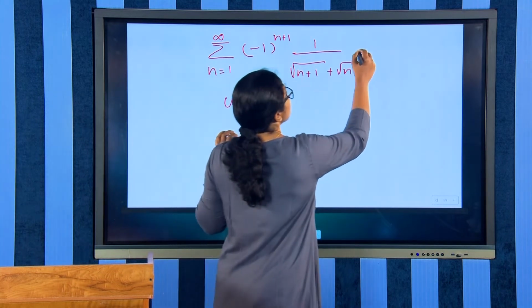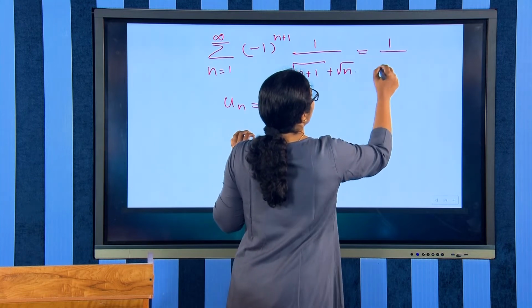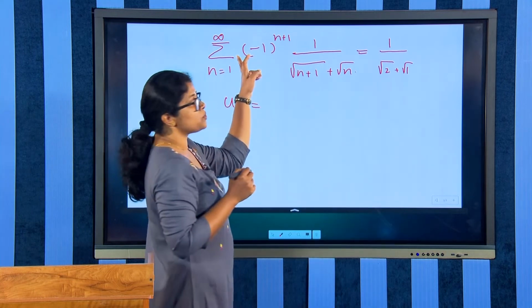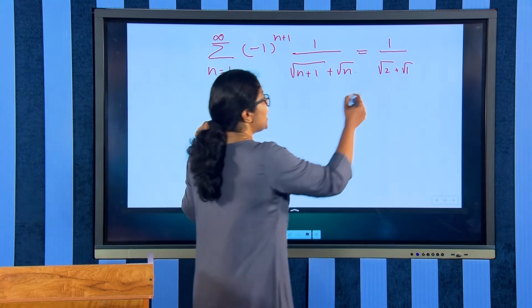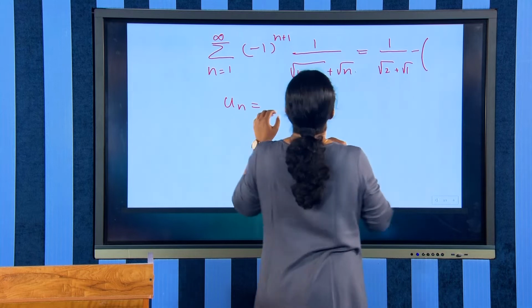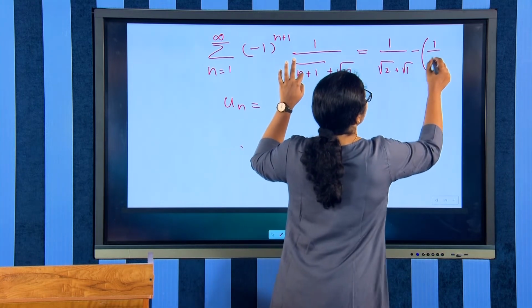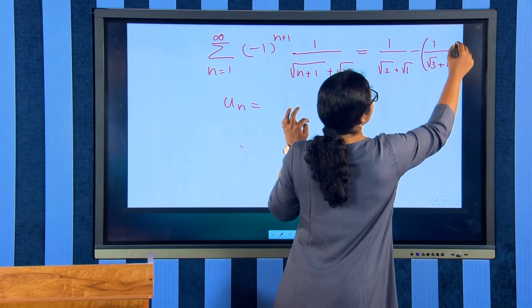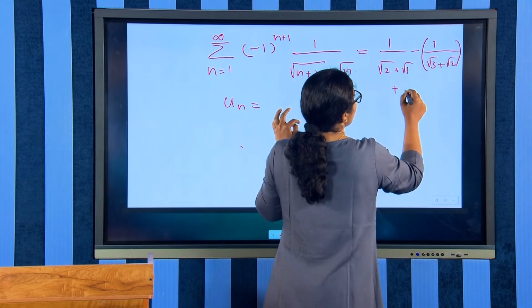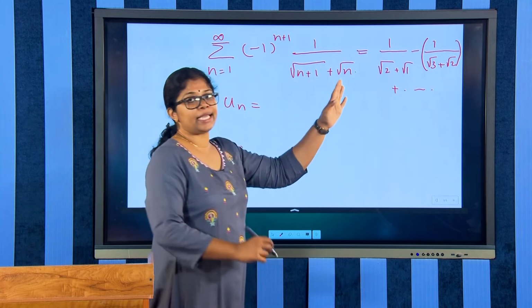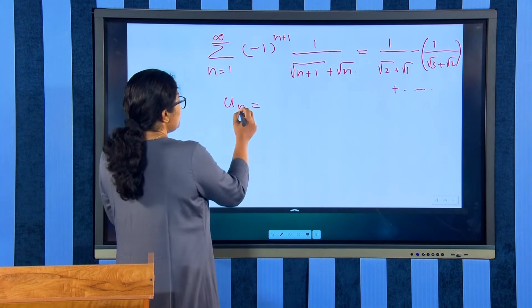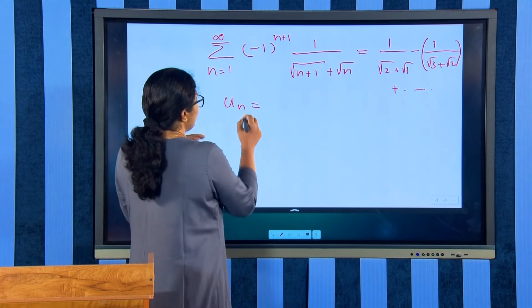We can write this as a series: 1 upon root 2 plus root 1 for the first value of n, minus 1 upon root 3 plus root 2, plus so on. So, this is an alternating series, and so we can write un as